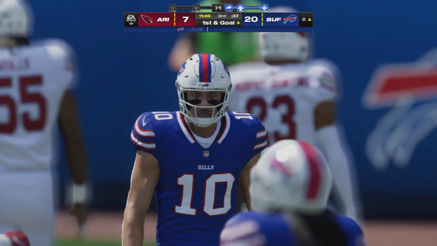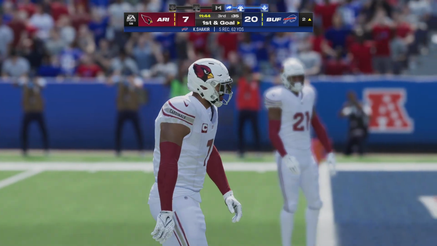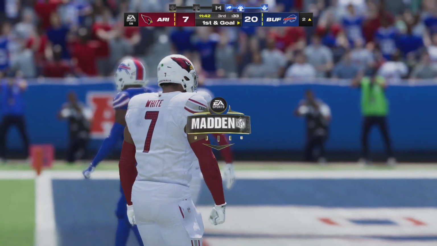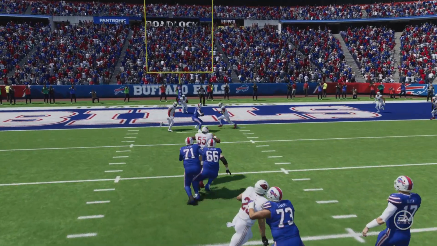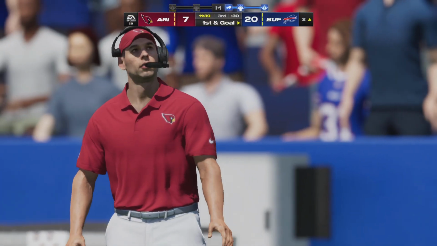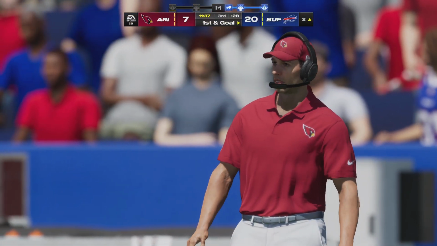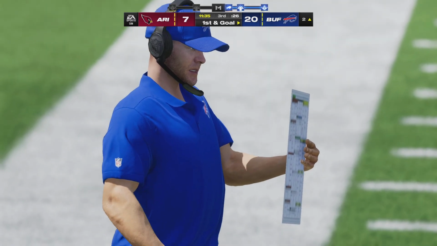And the Bills are going to have first and goal as they try to finish off this drive with 6 points. And defensively, they were in zone coverage there. Do you have to be a little careful playing against a good quarterback like he is to not play too much zone? Yeah, you have to be careful about how much time you're giving up. I think it's a good point you just brought up.